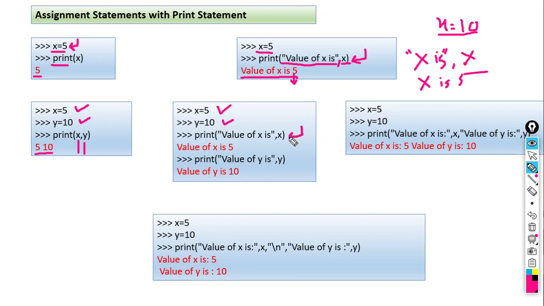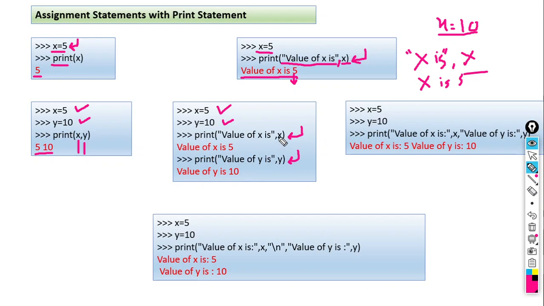When we press the enter key, it gives the output value of x is 5. If we want to print the value of y, print value of y is, y. When we press the enter key, it gives the output value of y is 10.